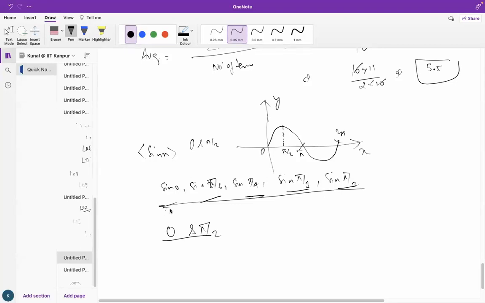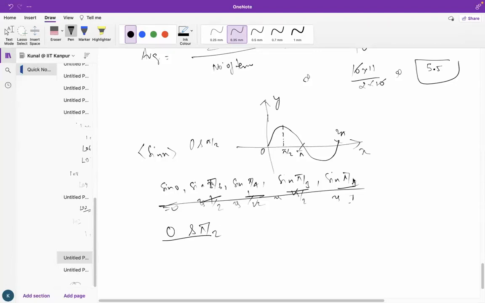लाइक साइन 0 0 होता है, सबको पता है। साइन 30 डिग्री 1/2 होता है, साइन 45 1/√2 होता है, साइन 60 √3/2 होता है, एंड साइन π/2 1 होता है। वी ऑल एवरीवन नो। बट क्या साइन 15 डिग्री एग्जिस्ट नहीं करता है? साइन 1 डिग्री एग्जिस्ट नहीं करता है? साइन 2 डिग्री, साइन 3 डिग्री, साइन 3.5 डिग्री, साइन 3.1 डिग्री। समझ रहे हो मेरी बात को? ये सारी भी तो एंगल एग्जिस्ट कर रही हैं।